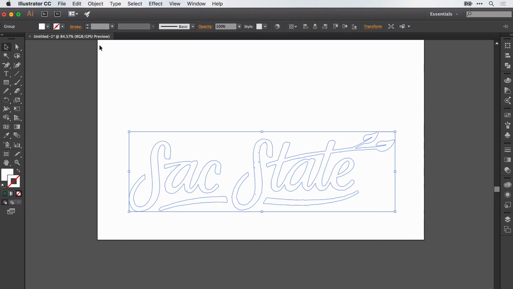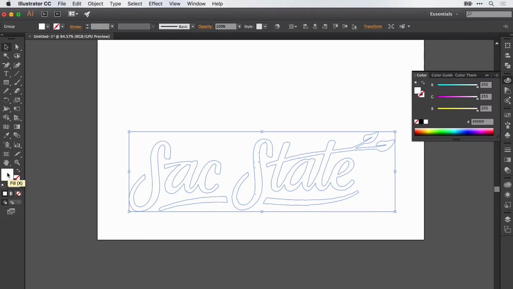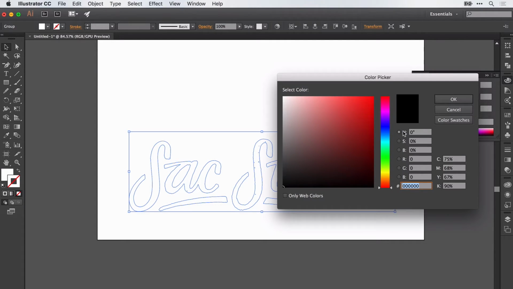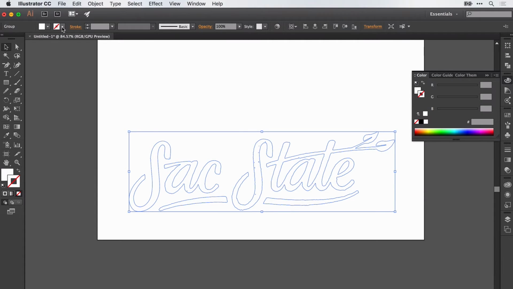And then go over to the swatches in the tool panel, and you'll see the white is our fill, and then you'll see another one that says stroke. And so we'll want to select that one, and you can go ahead and pick your own color from this color picker, or in the top left corner you should see a drop down menu of different swatches of colors you can use. So I'm going to click a dark color like this dark green,